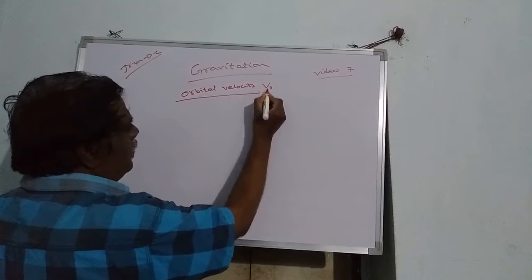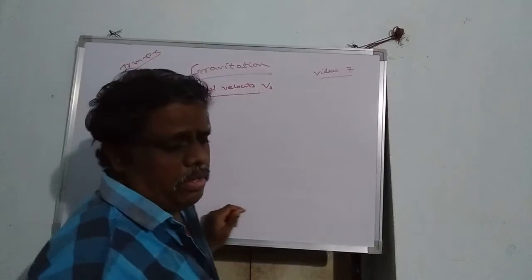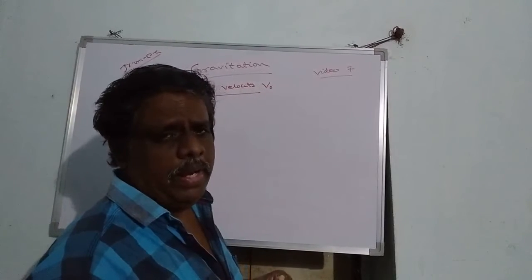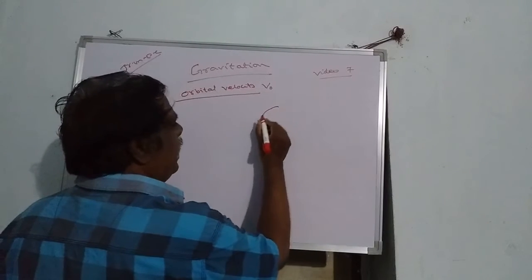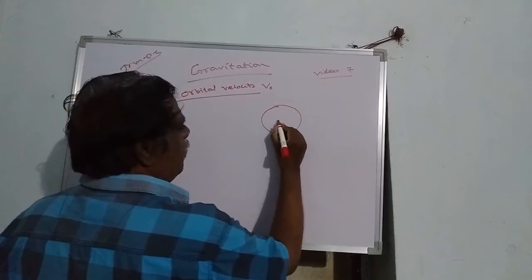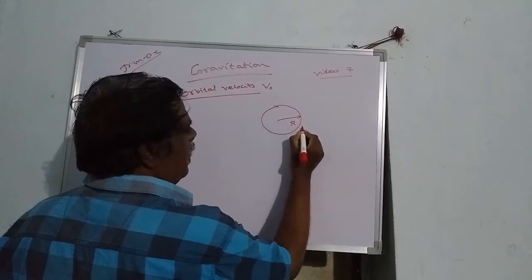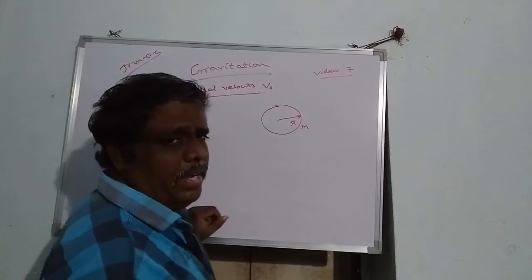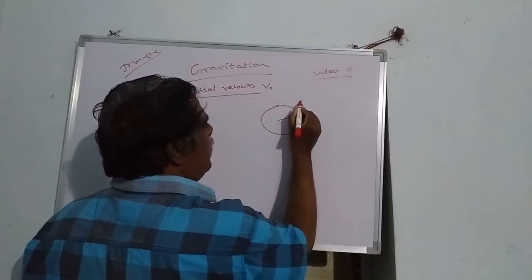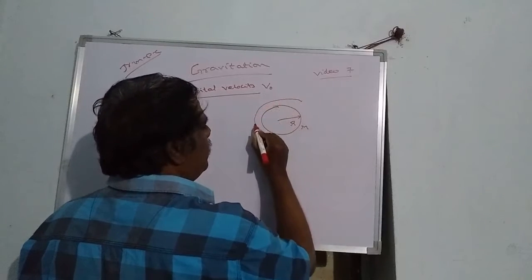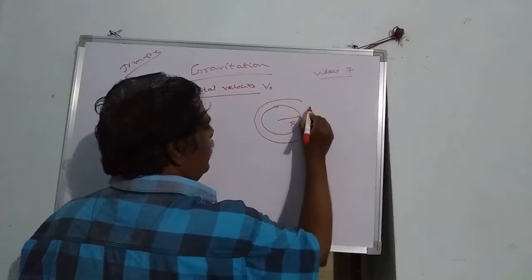Should be denoted with V naught. Orbital velocity. What is this orbital velocity? Let us say this is the Earth of radius r and mass capital M. Let us say we have to keep a satellite in the Earth orbit